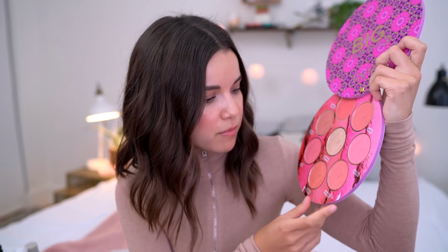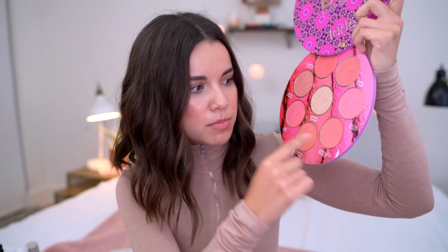On the other end of the spectrum, something that is not easy to take with me that is also from Tarte is this. This is the Big Blush Book 3. I mean, look at this. This is so cool. There's so many blushes in here. My two favorites have been Mindful and Peachy, which is what I have on my cheeks today. So I just mix those two together. Peachy's like a little bit more shimmery, and then Mindful leans more on the pink side and doesn't have any shimmer in it. I love all the blushes in here, and then there's a highlighter in the middle,